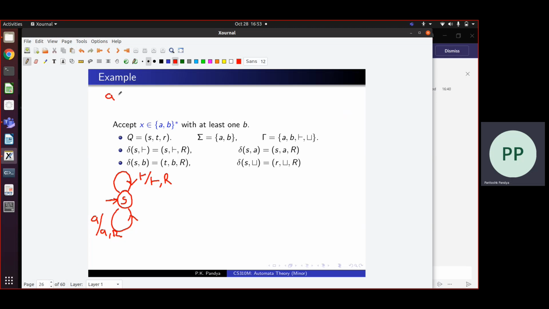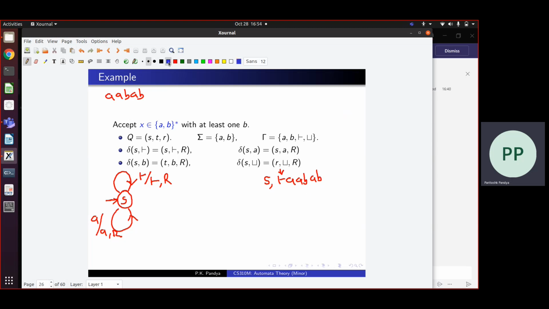On this input word A, B, we'll have the start configuration. So what will be the start configuration of this Turing machine? Of course, S is the start state. So my initial configuration of the Turing machine will be, I'll be in start state and my tape will contain the input word, which is what we are trying to recognize. So it will have A, B, and I have to give the head position. Instead of writing the number of the head position, I will just put an arrow there so that it's easier to see. I could have written 0 instead of putting an arrow here, because this is cell numbered 0, right?